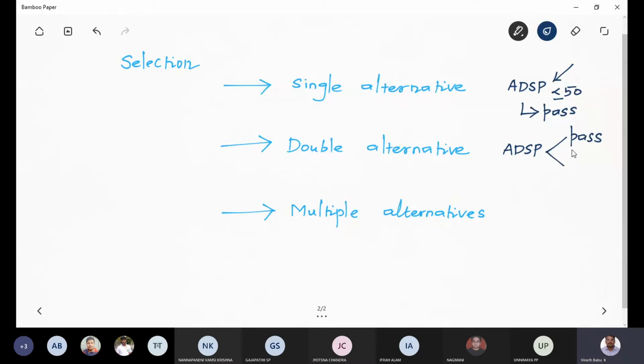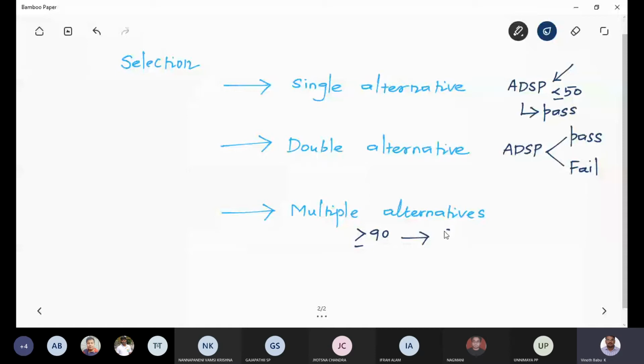So if it is less than 50, I'm going to say it's fail. Whereas with multiple alternatives, say for example, if you score greater than or equal to 90, I'm going to display A grade. 80 to 89, I'm going to say that you got B grade. 70 to 79, C grade.